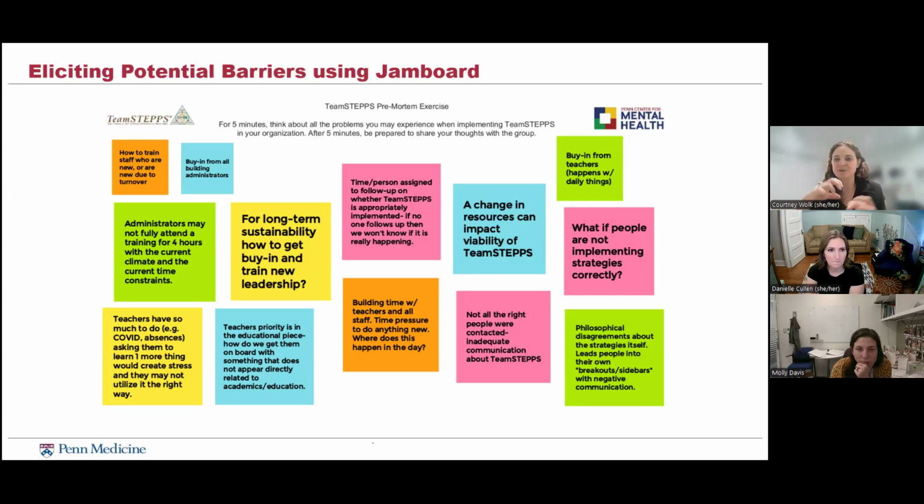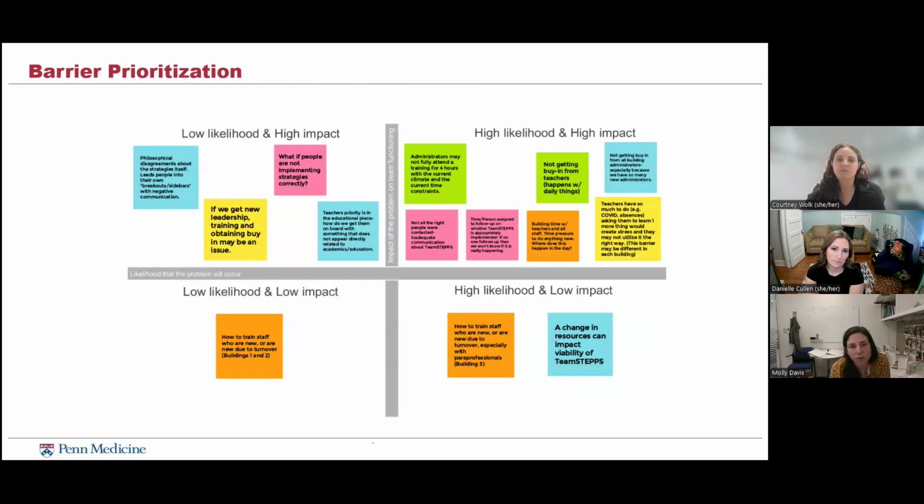And so if you have multiple ones that are really overlapping, you can move them together, organize them on top of each other, and you can end up with a final set of barriers or challenges that you can then prioritize for discussion. And so once we had done that, we then did this 4-quadrant little matrix and moved them collaboratively into the